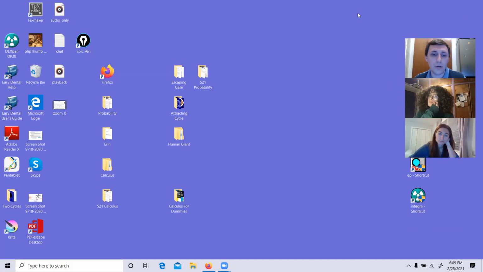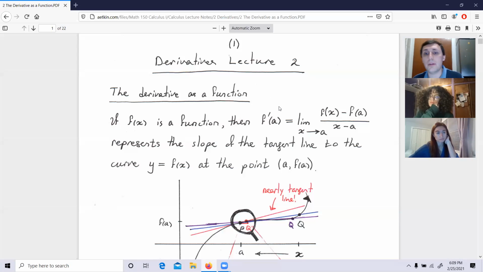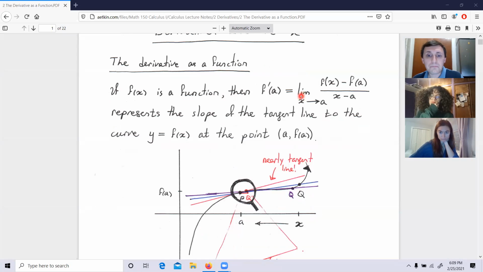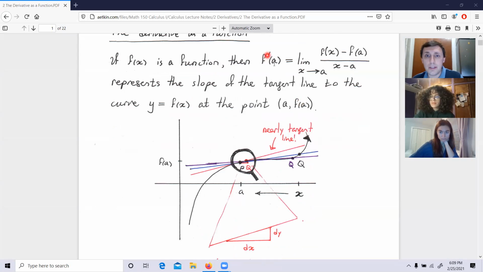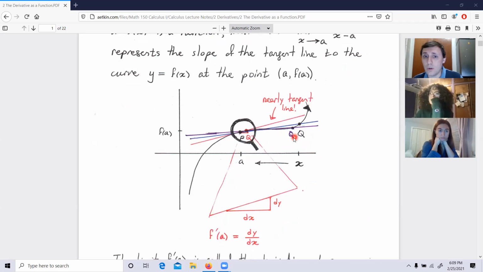Now let's get back to our topic. Do you remember, guys, what is the tangent line? So here is that idea. The derivative at the point a, we're going to call it derivative. It's the limit of the ratio f of x minus f of a over x minus a as x goes to a. Now, what it measures is the slope, right? You see the point Q? I'm sliding point Q closer and closer towards the point P. And as those points merge, the secant line looks like it's just touching the graph at one point.